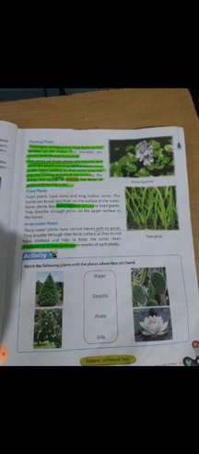The leaves have a thin waxy coating so that the leaf does not get wet and does not block the stomata, which are present on the upper surface of the leaf. And the leaves of these types of plants are very strong so that they can endure the force of water and moving water.